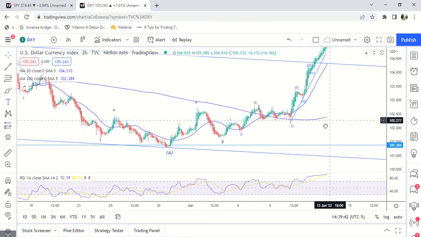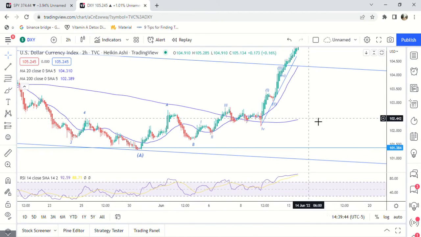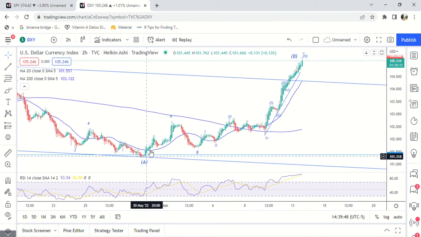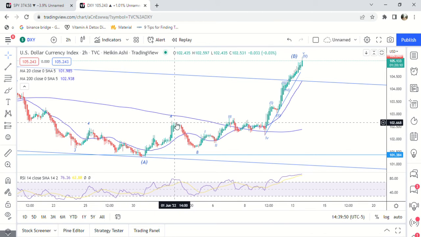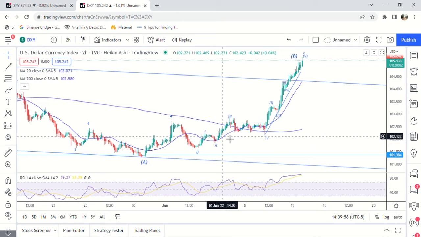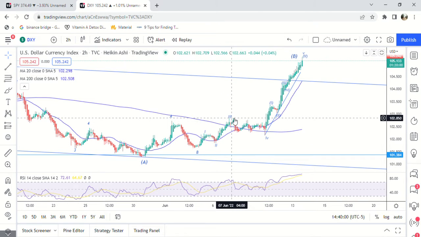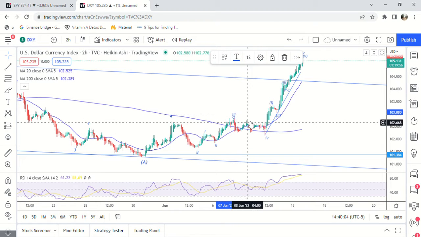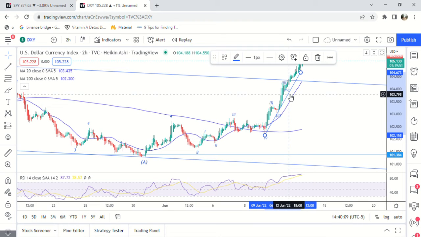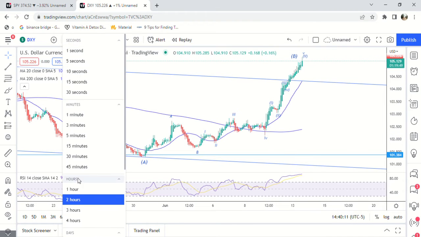So then we have here, which I presume to be a B wave, as the dollar keeps on getting stronger. We have A, B, C, A, B. If you zoom in here on the 30-minute time frame, you can see this is a first wave, second wave, third wave, and here's where it gets kind of crazy. The third wave should be right here. A, B, C down here for the fourth wave. And then this is where it gets crazy. You get to really zoom in on this part.